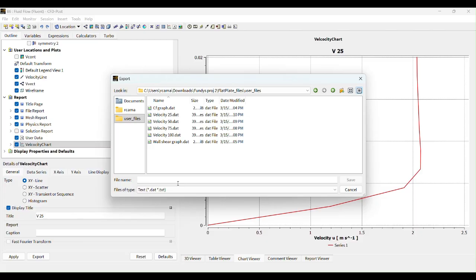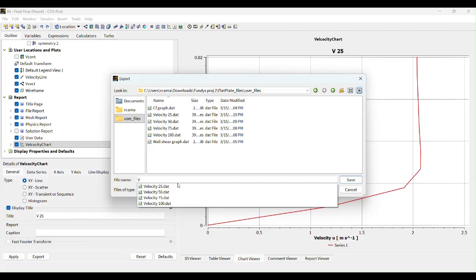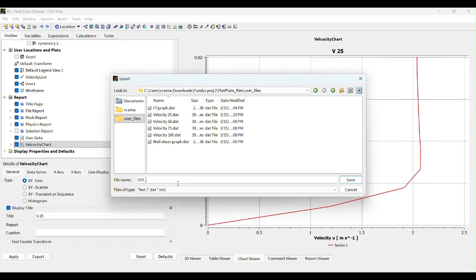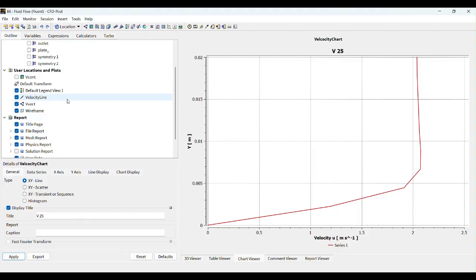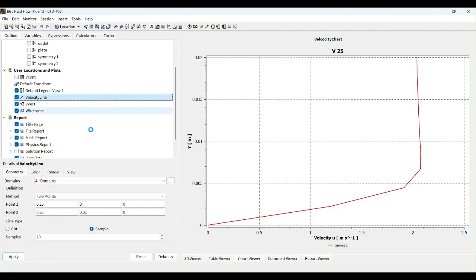But basically, let's say you need to save this as a text file, just save it with a name that you remember, like e25_vid, so that I know that I'm doing this for the video. You click save. I'm actually going to copy that because we're going to save 3 other files that are very similar. And then in order to iterate this for each height, all you need to do is come over here to the velocity line, edit it, and then you're going to change this 0.25 to 0.5